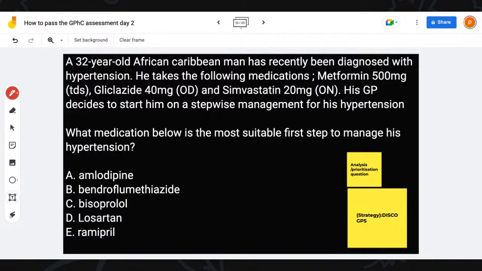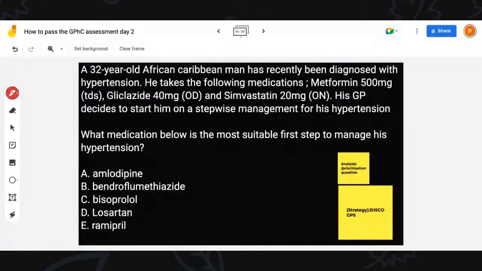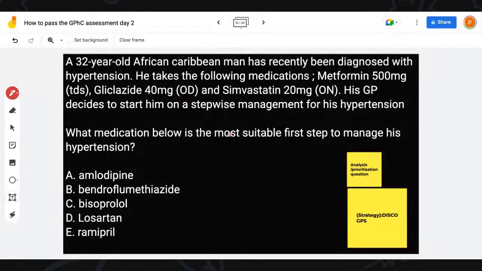330 of us. Wow. Lots of us on here. Great stuff. So just look at this question, because this is a GPhC question or type question. It's an analysis type question. So it's not as easy as some of the other ones. But I just want you guys to look at this, and then I'll show you how to answer this type of questions. So those of you also on the combo course will go through this. So let's look at how we apply this strategy.